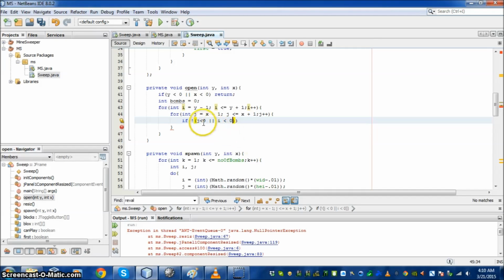Right? So if j is less than 0, or the case that i is less than 0, or the case that j is bigger than width minus 1, or i is bigger than height minus 1. So technically it's check for that condition. So if j and i are perfectly legal,